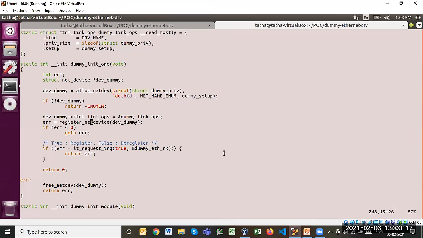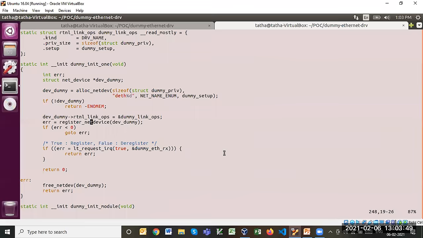In this register_netdev API, you are not assigning any IP address. You are just adding an instance of net device in the net device chain. So that means through ifconfig you can see the interface, but that interface will not have the IP address yet. That means in the routing table, there will be no entry for the DETH0.